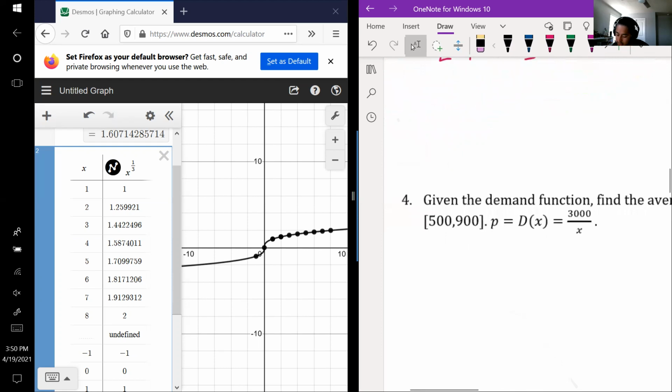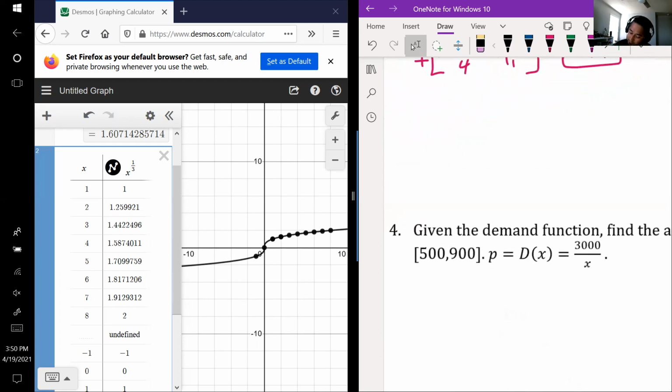All right, so let's go ahead and set up our integral. So here's a, there's b. So we'll get 1 over 900 minus 500 times the integral from 500 to 900